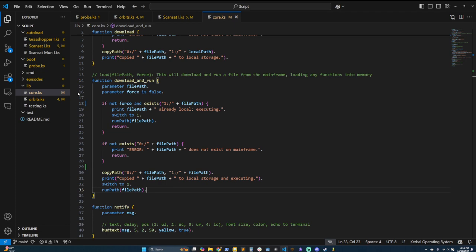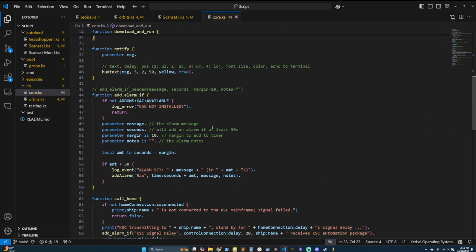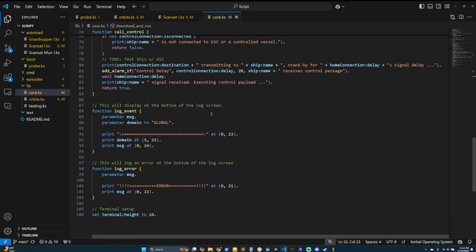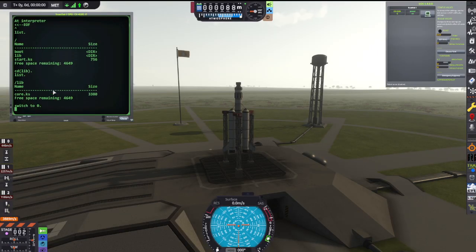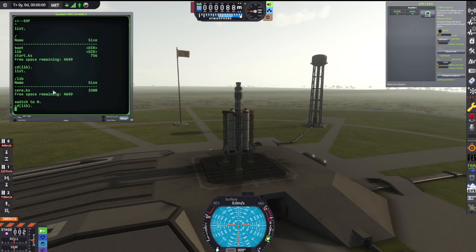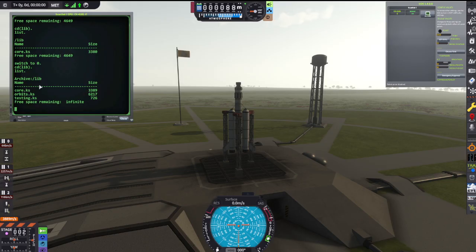I'm wondering if it's too big. Let's try that. Switch to 0. CD lib, list. It is too big. So look at that. The size of orbis.ks is just too large to load onto this device. So let's